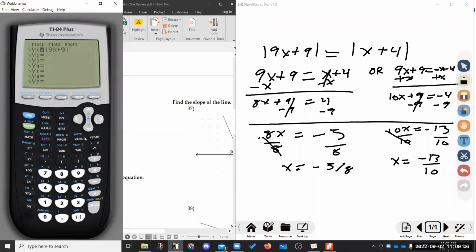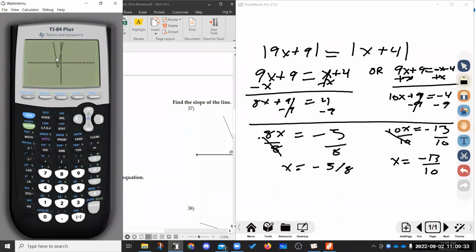It's my first equation. And if we just subtract the 2, let's go ahead and subtract the 2, because then we're going to get minus math, number, ABS, x plus 4, zoom 6,